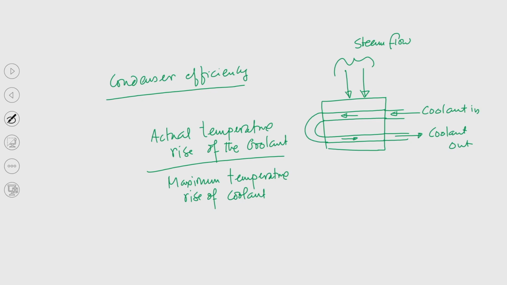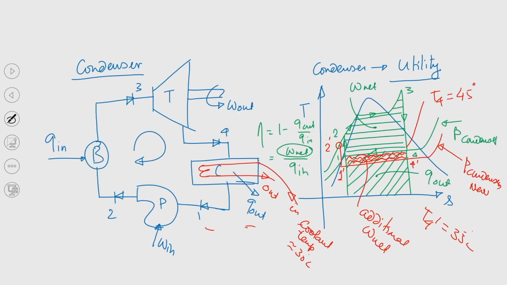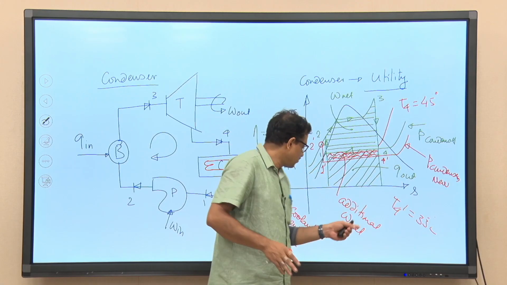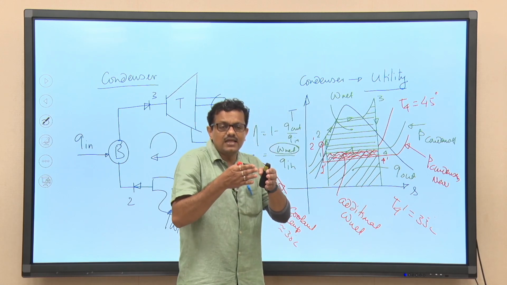this condenser, so this is condenser. So, when you are supplying coolant and this device will be operating at a pressure which is less than the atmospheric pressure, that is quite obvious. If we allow the condenser to operate at atmospheric pressure, then the saturation temperature corresponding to that pressure is 99.99, and that means steam temperature at the exit of the turbine should be 99.99. So, when the steam temperature is 99.99 and coolant temperature is 30 degree, so you can see the temperature difference